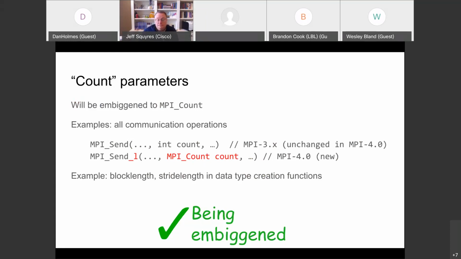It doesn't do the job we want it to do. We're not using it. So we would have to define these functions anyway, and there's a whole bunch of reasons. We went through them. This is the solution we came up with. There is just going to be a whole bunch more functions, and they're going to have _L on the end. That's the best solution we've come up with so far after many tries of different things.